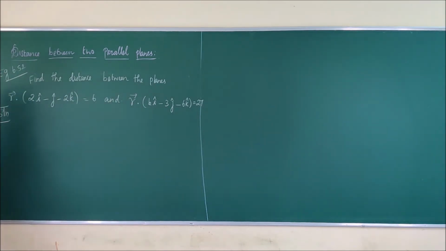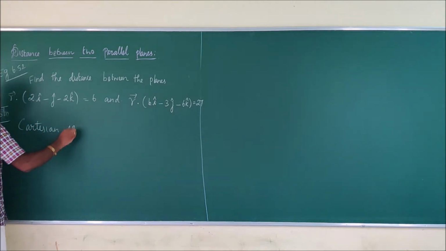If you want to write the Cartesian equation, it's very simple. You just replace i cap by x, j cap by y and k cap by z, and you just bring the constant to the left hand side. Actually the procedure is, instead of r vector you substitute the arbitrary vector xi cap plus yj cap plus zk cap. When you take the dot product, you will get the equation I have said to you. But you can directly write the Cartesian equation by the way I have mentioned.